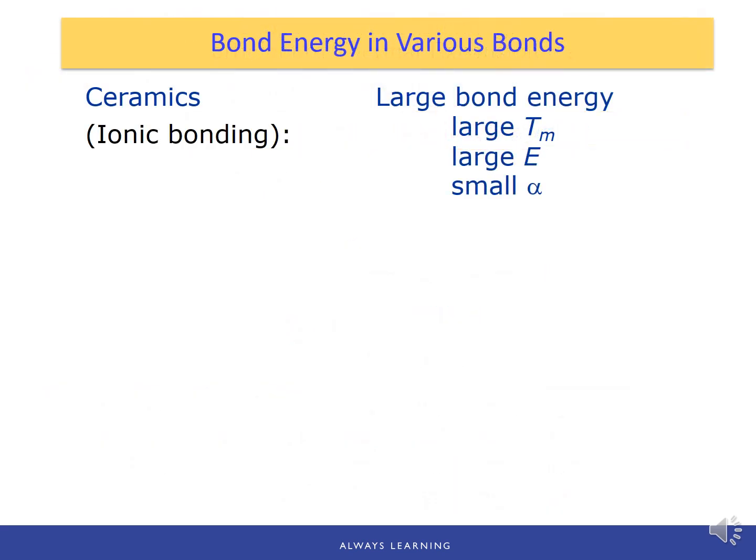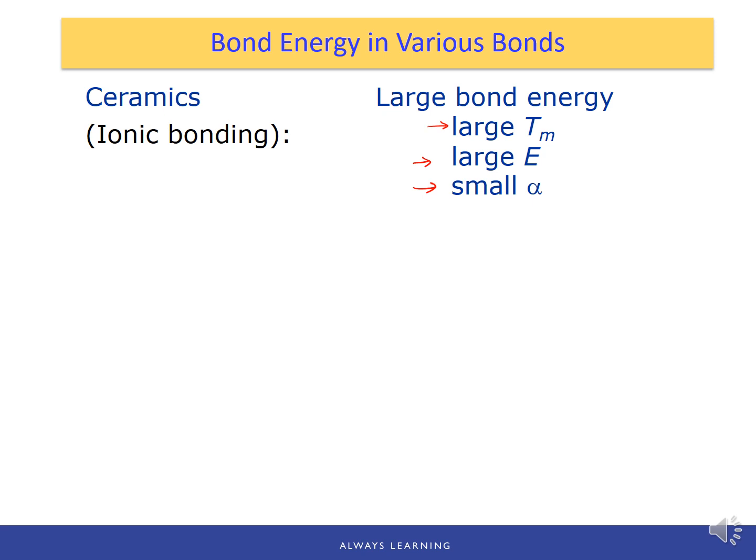Let's compare the properties of different materials having different bonds. For ceramics, usually they have ionic bonds. The ionic bond has the highest bonding energy, which corresponds to a large melting point and a large modulus of elasticity, which we'll learn in chapter 6, and corresponds to the stiffness of the material, and a smaller thermal